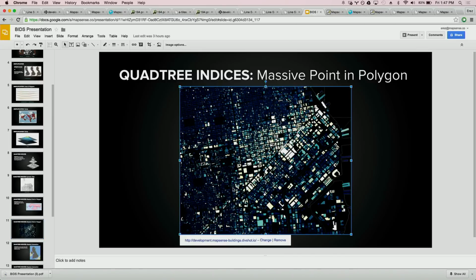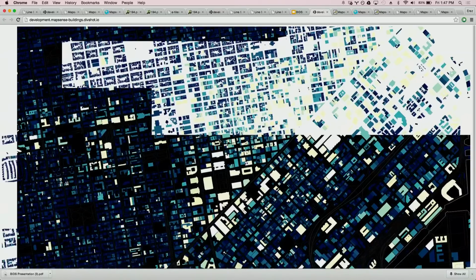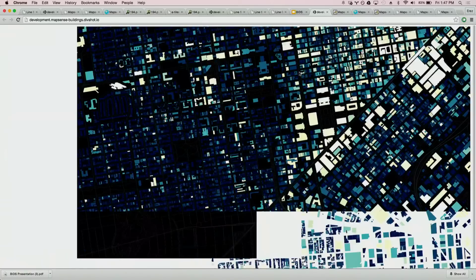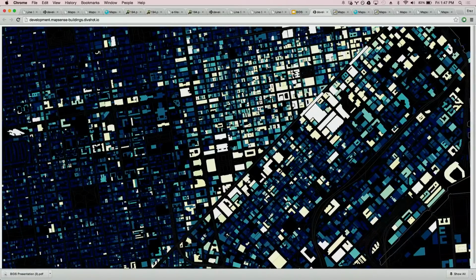So I'm going to give you another example of what we've done with this point in polygon. This is something that's really new also, and I think you're the first people to see this. We just got this map up last night, and we haven't explored all the possibilities of this. But what this is a map of is